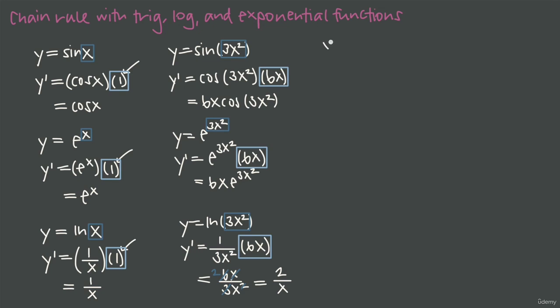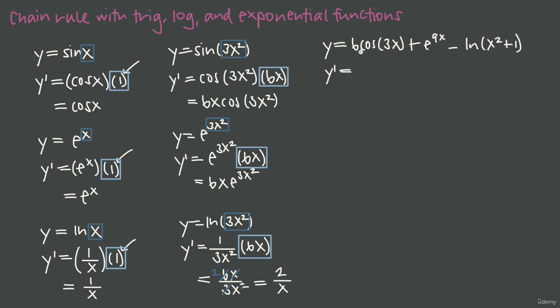Let's say that we have some function y is equal to, we'll say 6 cosine of 3x, and then we'll add to that, let's say e to the 9x power, and then we'll subtract the natural log of x squared plus 1. And we want to take this derivative. Well, as you know from derivative rules, we can do this one term at a time, but in each case we'll have to apply chain